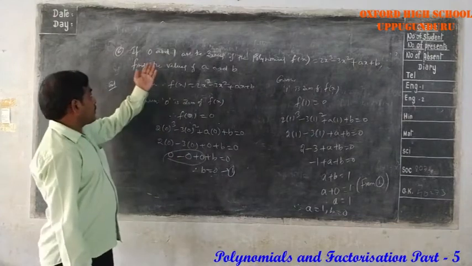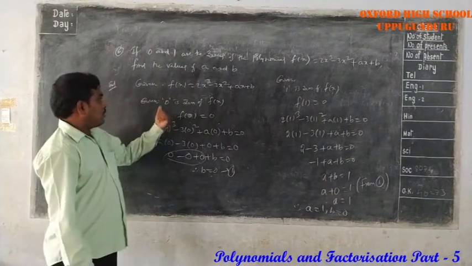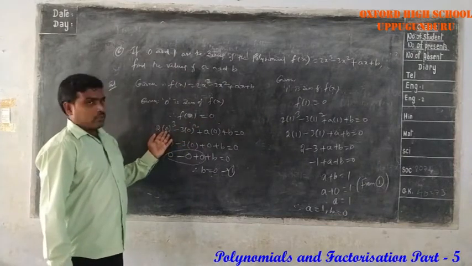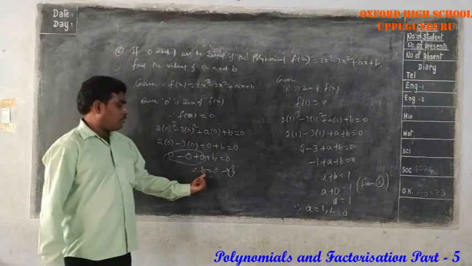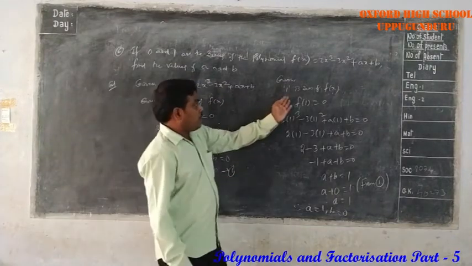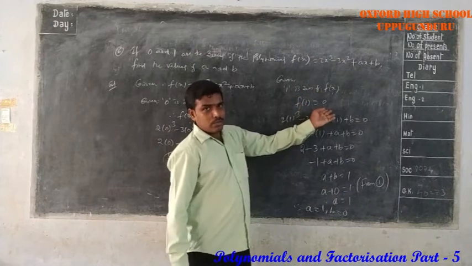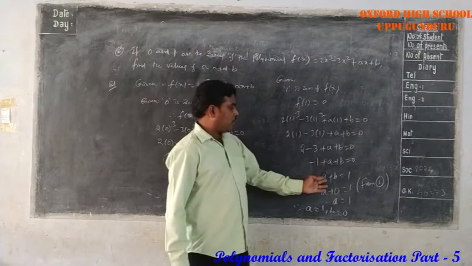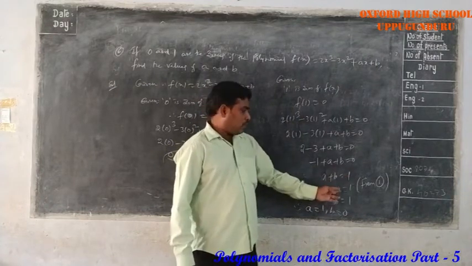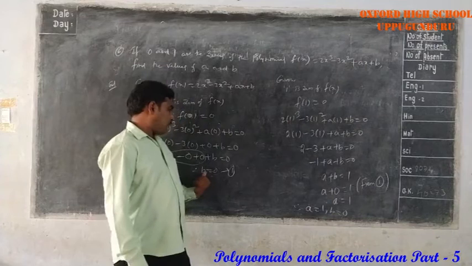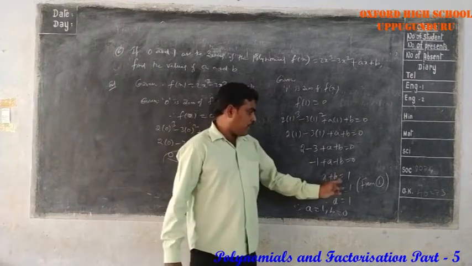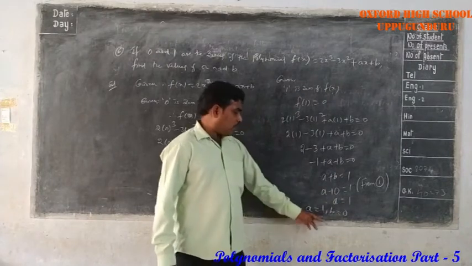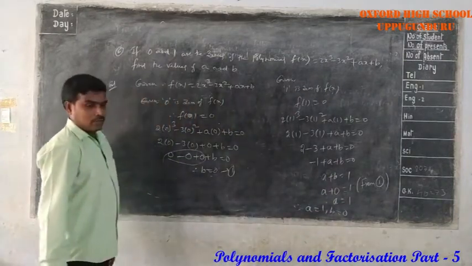So first, what is the condition they give? 0 is 0 of the given polynomial. That's why I am taking f of 0 equal to 0. By substituting the value 0 in place of x, we get the value of b is 0. Next, 1 is 0 of f of x means f of 1 equal to 0. In place of x, I am substituting 1. From this, I get a plus b equal to 1 as the equation. Here, b is 0, which I got in the first condition. That's why in place of b, I am substituting 0 here. Therefore, a equal to 1. So in this way, you can find a equal to 1 and b equal to 0.